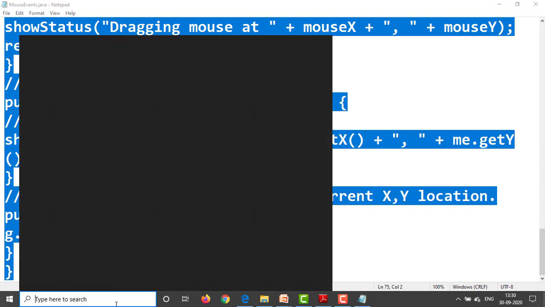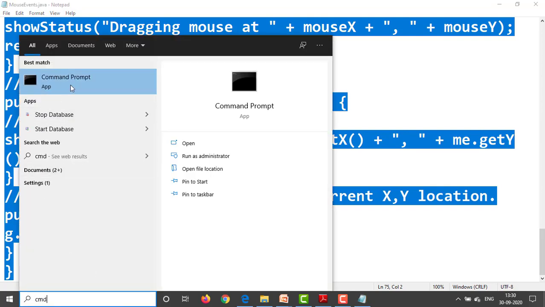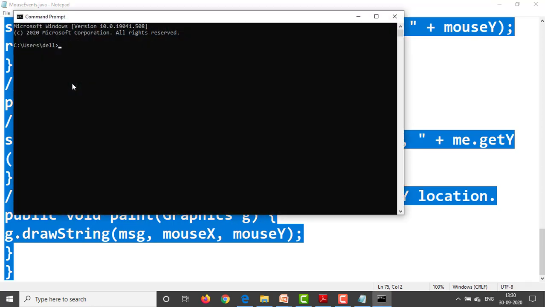First of all, open command prompt, D drive, D colon, then cd to the video lecture AJP folder. In this we have stored the MouseEvents java file.